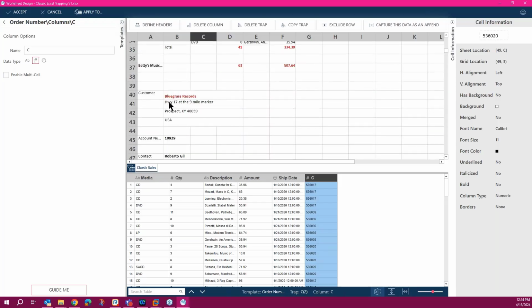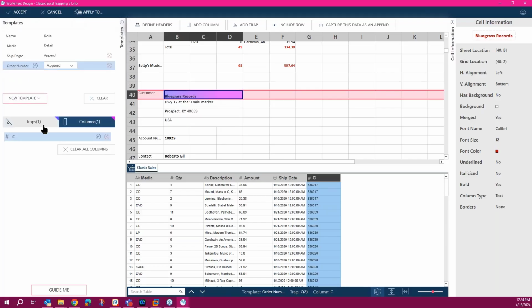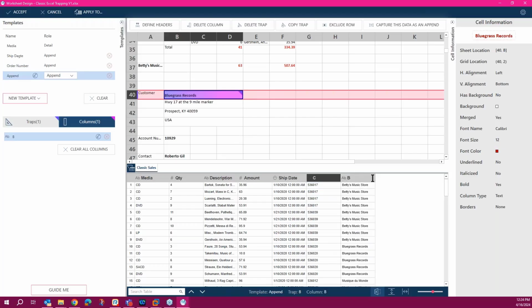Because the customer is multi-line, if I select that cell for customer, notice that this is captured as an append. So I don't need to select an append template, since this option is available here. This would create a new append template and add that data for that cell. So I can just change the name, append template, to customer.